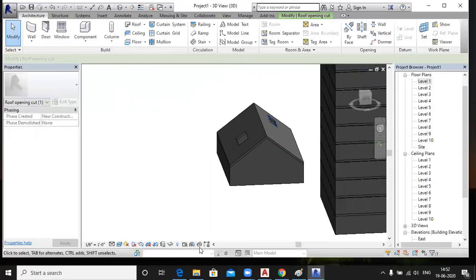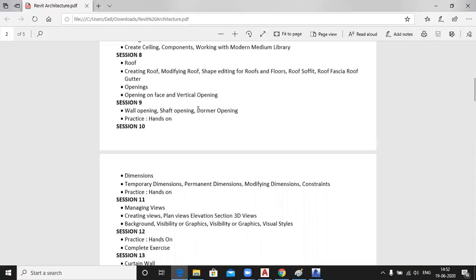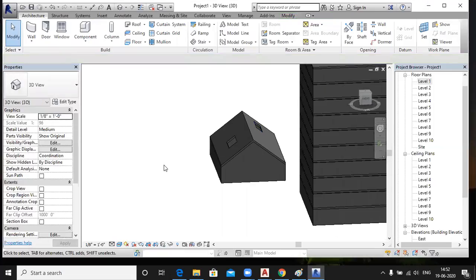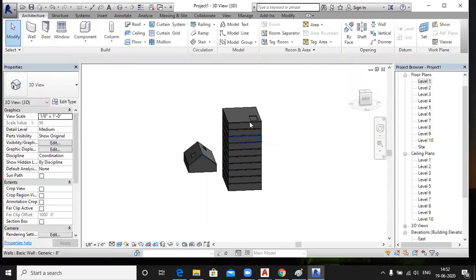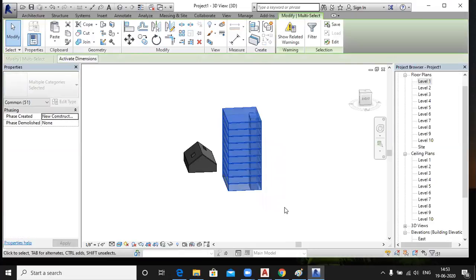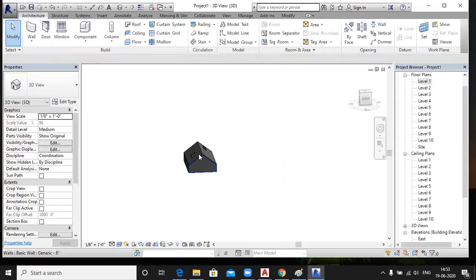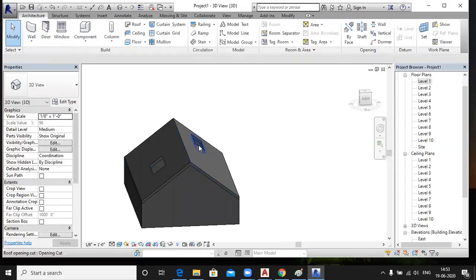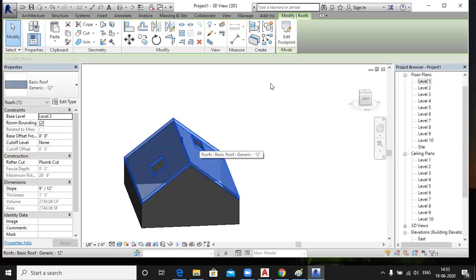So in this session you only have the dormer opening left, right? Dormer opening. Yes. For the dormer opening, I delete this wall, right? Okay, just delete it. And this opening I am also going to delete.